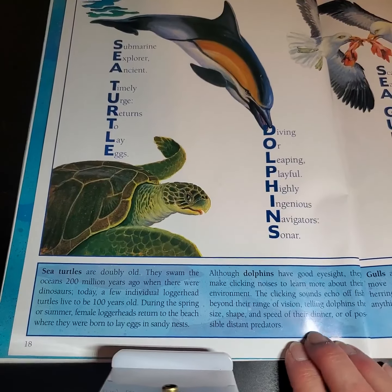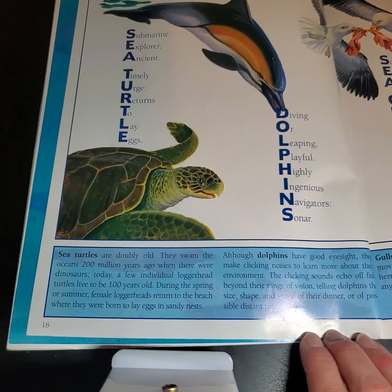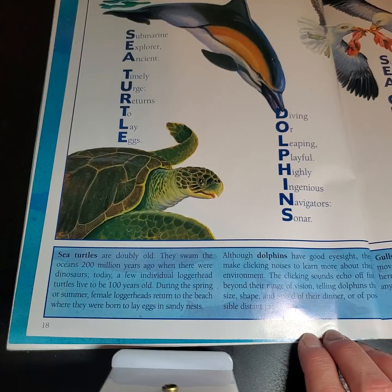Sea turtle: submarine explorer, ancient, timely, urge, returns to lay eggs. Sea turtles are doubly old. They swam the oceans 200 million years ago when they were dinosaurs. Today, a few individual loggerhead turtles live to be 100 years old. During the spring or summer, female loggerheads return to the beach where they were born to lay eggs in sandy